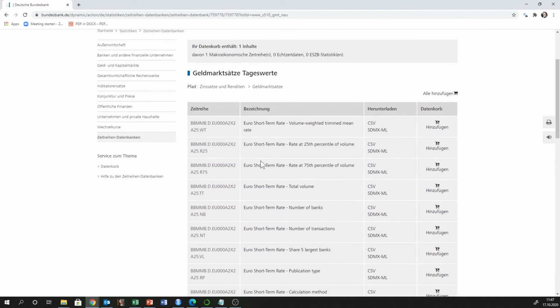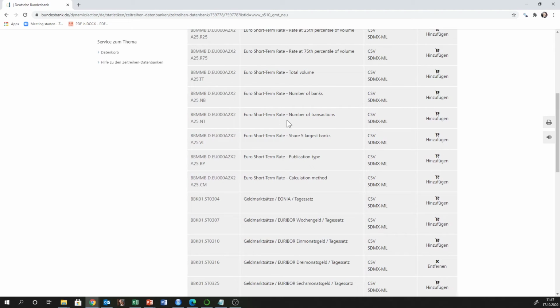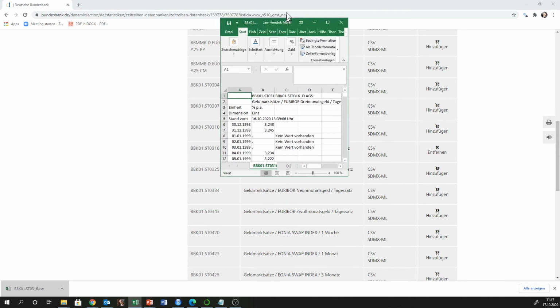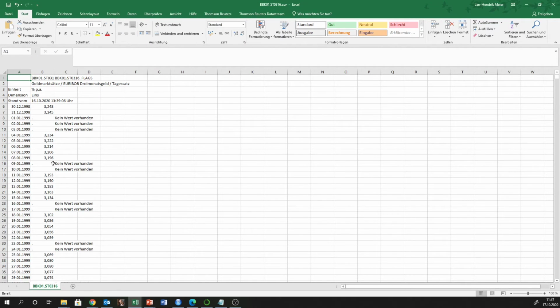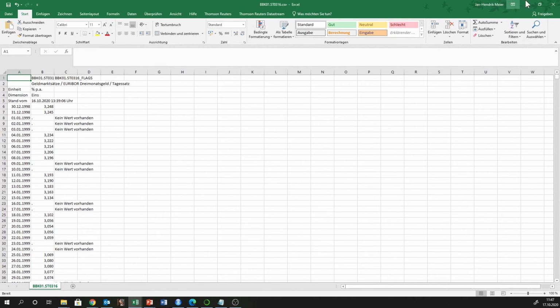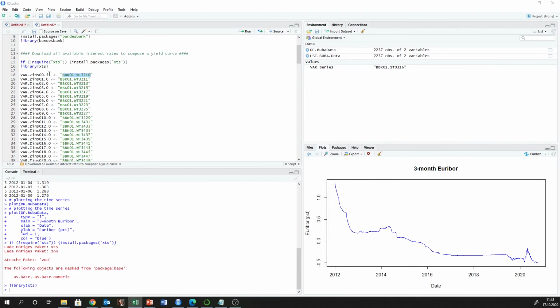daily values. And here we see all those numbers: euro short-term rate, money market 1 month, money market 3 month, and so on. So this was the one that we saw earlier, right? Okay, so here we get all that. We can also retrieve a CSV, so a format readable for Excel here. Here's the same in Excel, and of course we don't see values for the weekends, but we can also have it in Microsoft Excel here. Okay, so let's